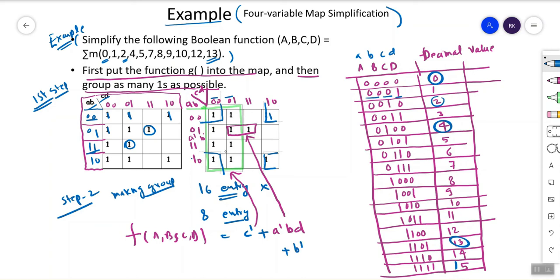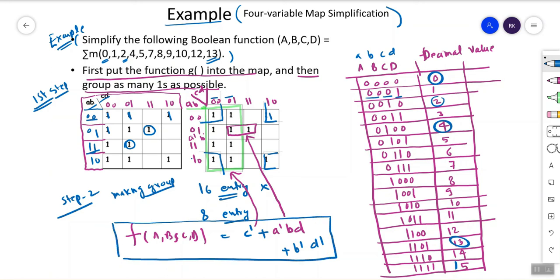Now here if you see the pair, 0 1, C is changing, D is not changing, so D naught. So this is the minimization table of it. Okay, so after simplification using the K-map, this is the expression of this. I hope that you have understood this example.